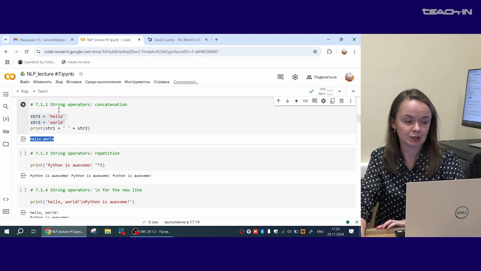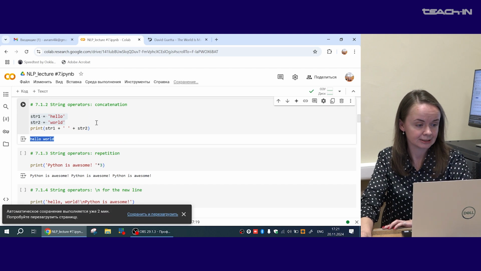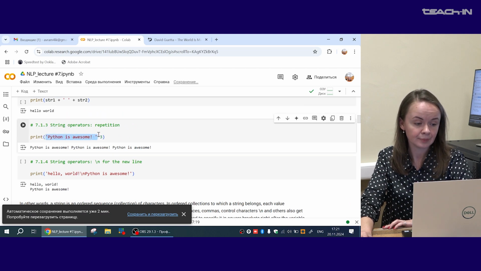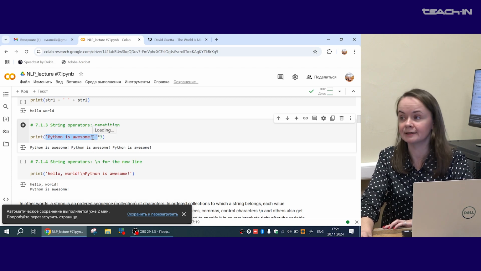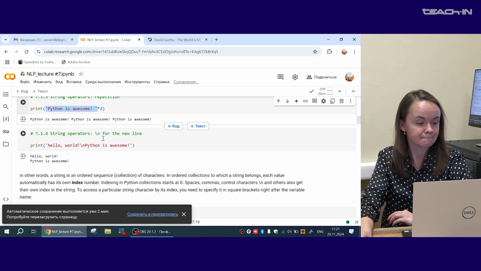So this is the first variant. The second operator is repetition. If we work with strings, it is possible to multiply them any number of times, but mind that when multiplying, the